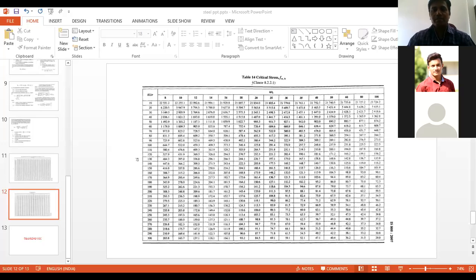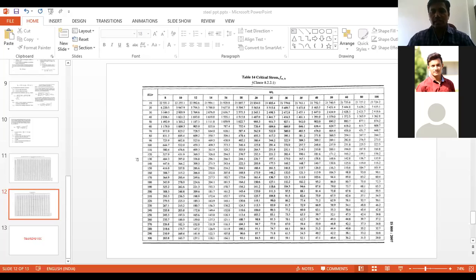R minimum you can calculate from the steel table. The H by TF ratio is very simple, you calculate from the properties. By using these two, I can calculate the value of FCR from table number 14. Next, by using that FCR from table number 13A, I can calculate the value of FBD, and put that FBD value in this formula, and you have to check the design strength.